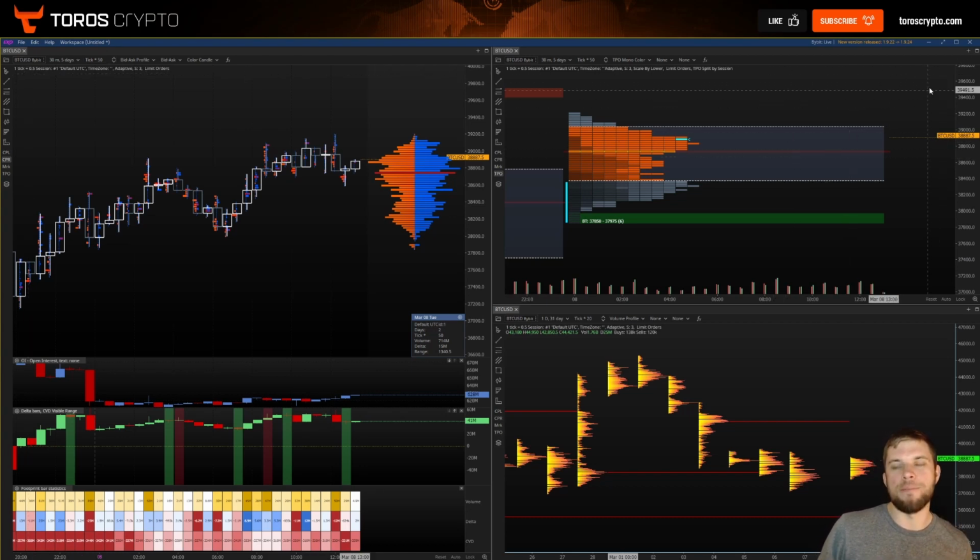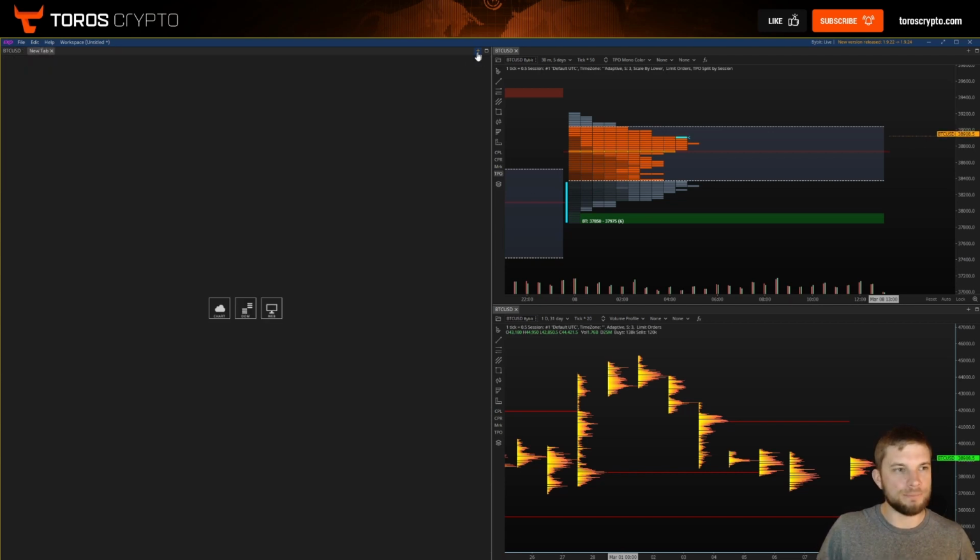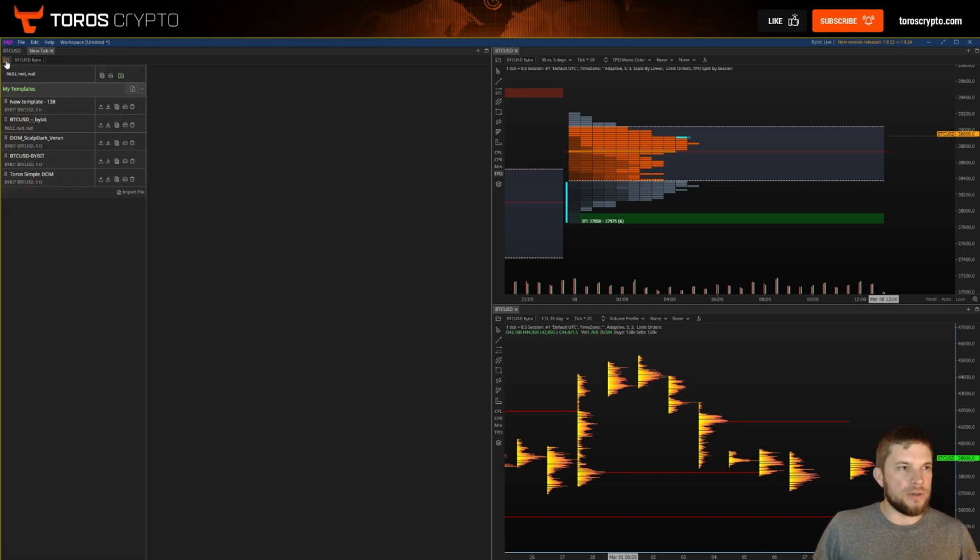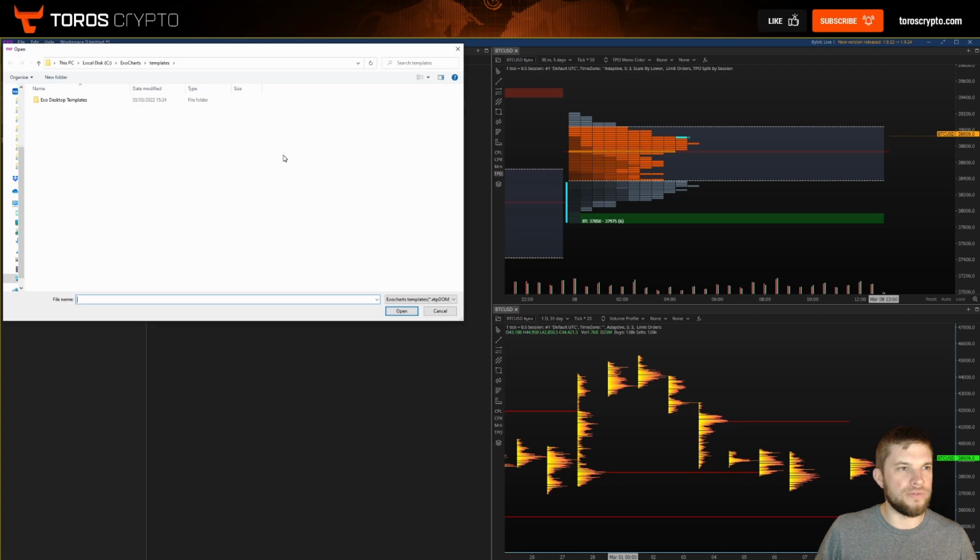Now, if you want to upload the DOM as well, then again, it's the same process. So you click on your plus button to add your tab. Then you'll go on to DOM. You'll go over onto the folder here. And then what you'll do, of course, create new folder if you need to. Whoops, I created 2. Let's just go onto this one, import file, Exo desktop templates here, and then you have